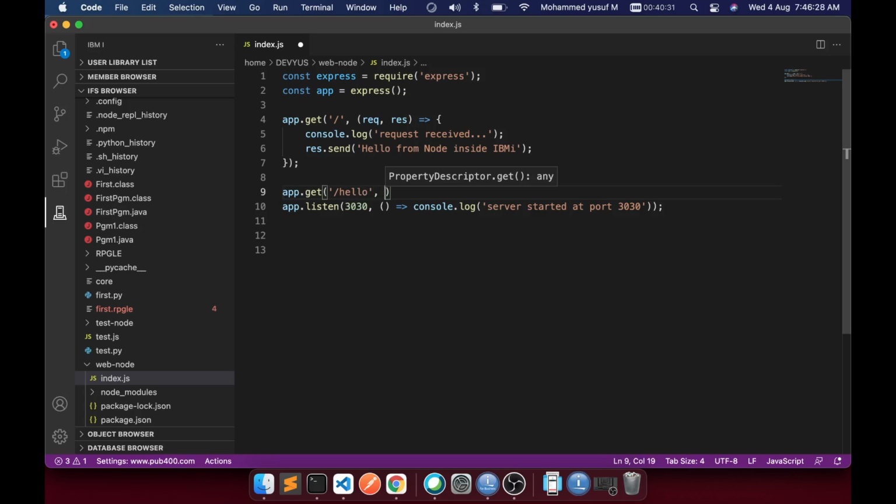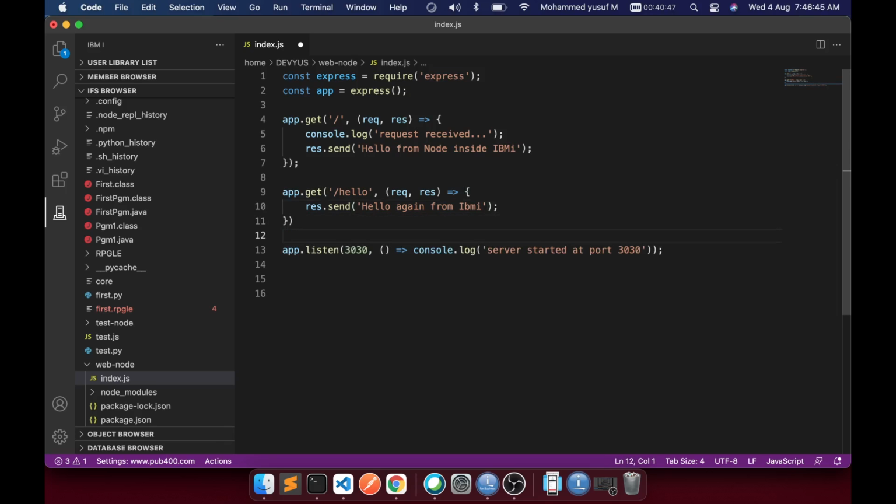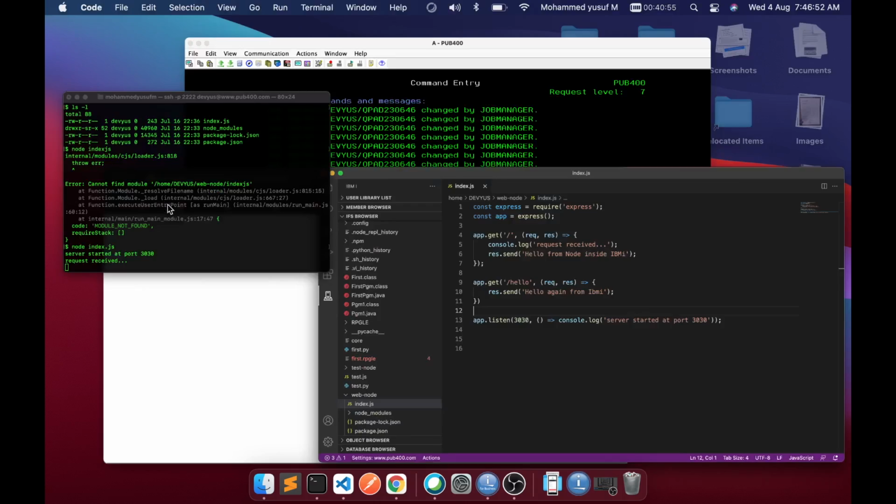For this route, let's create a request response function, and here I say res.send hello again from my IBM i. Okay, so now I just edited my IFS, the JavaScript code in my IFS directory, and then I saved it, and then I'm just going to restart the server.